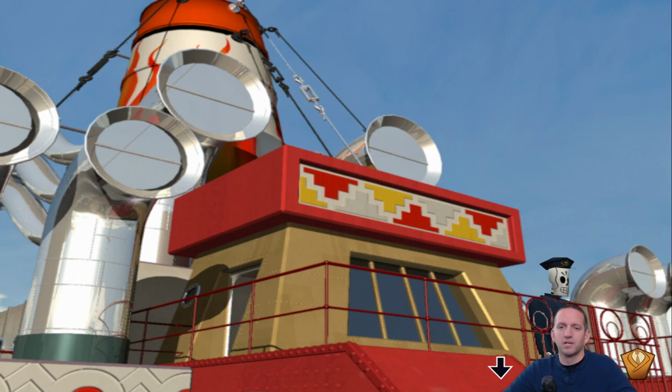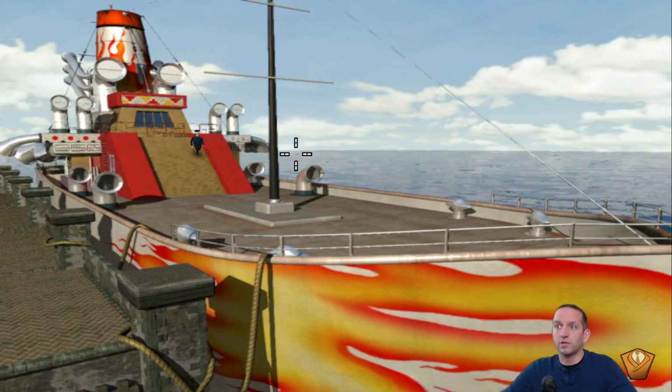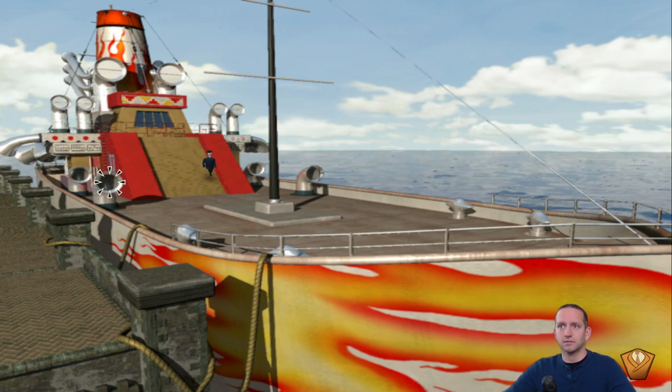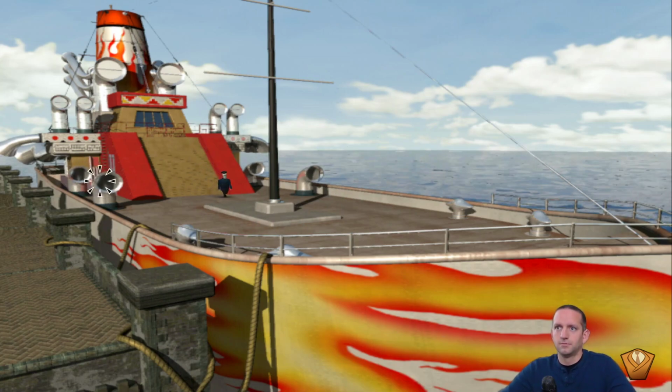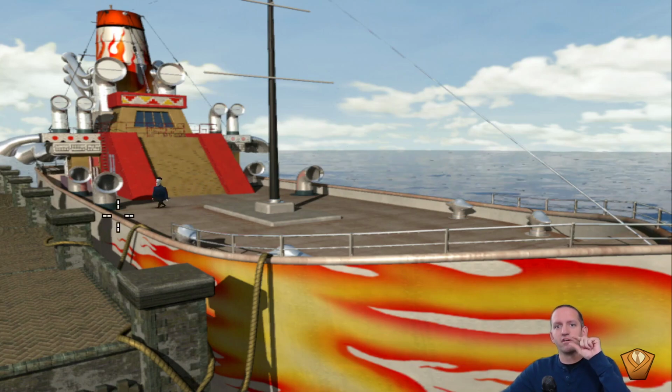From now on, every time we get to a new screen, I'm moving my mouse all over the place trying to see what interactable objects there are and which directions I can go. Because this could have easily been another one that I missed. Let's see what's down there while we're here. See, we could have missed this whole section easily. I very, very vaguely remember this part of the game, so...